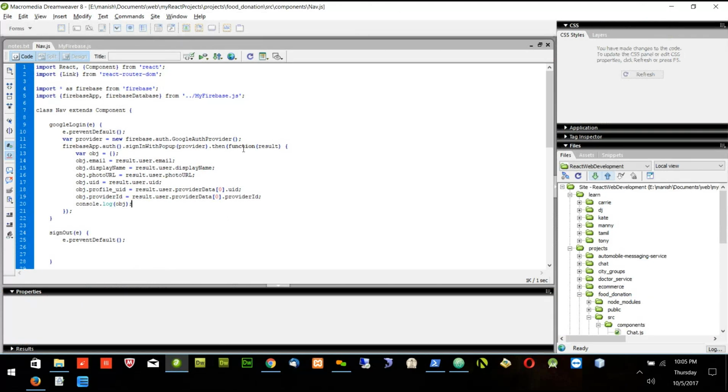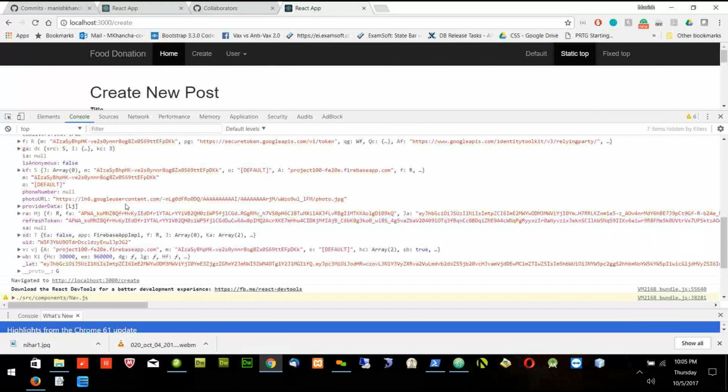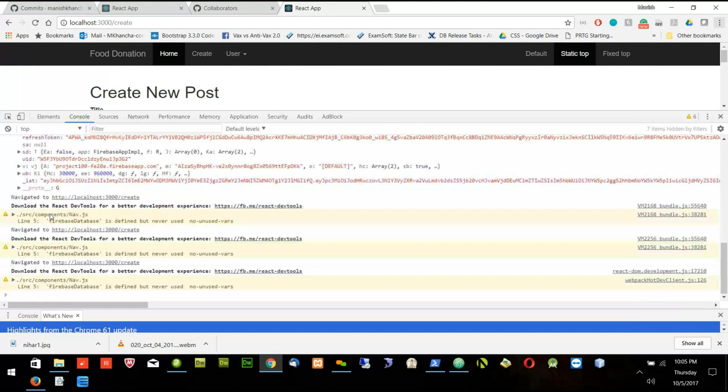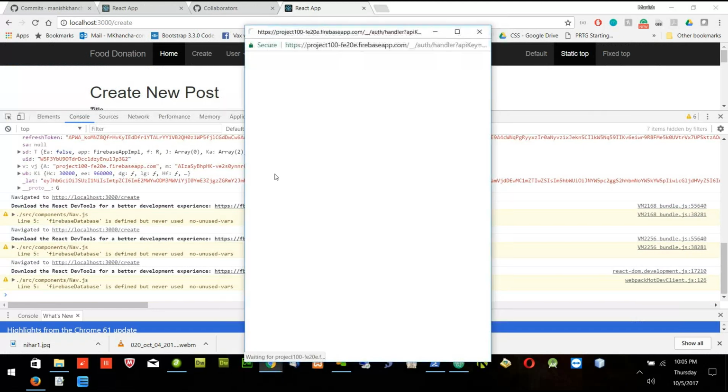And I will remove this console.log of result. So I am now only doing console.log of obj, so that I should get only the few little information. I don't need this chunk of information. Now if I try to log in,